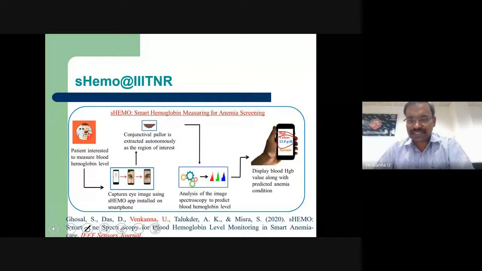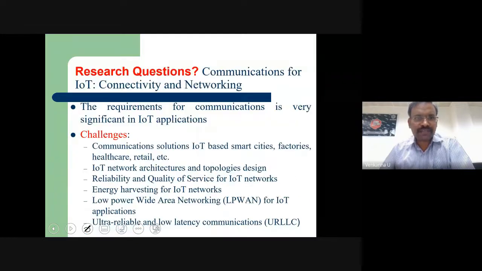We tested and proved this with 98% accuracy: we captured through our mobile phone and tested hemoglobin level, and we physically went to a laboratory and tested the actual hemoglobin level. This work we also published in a good journal, given at the bottom, IEEE Sensors Journal.